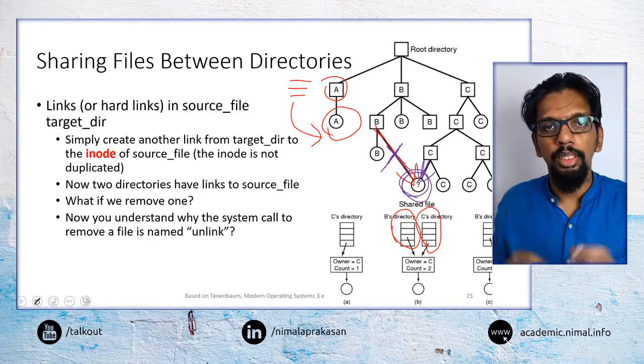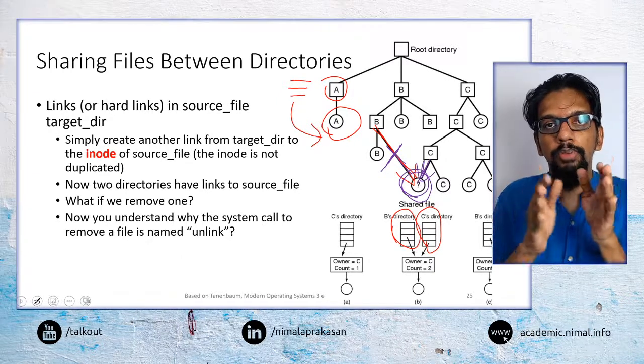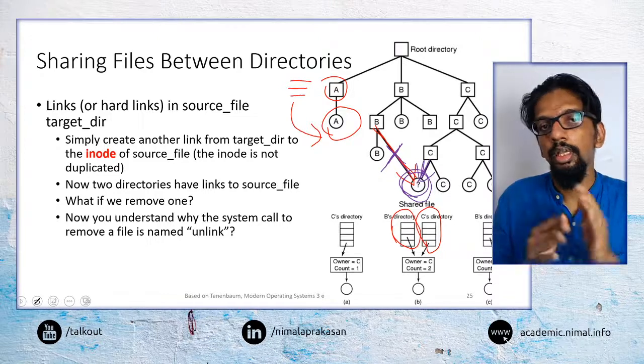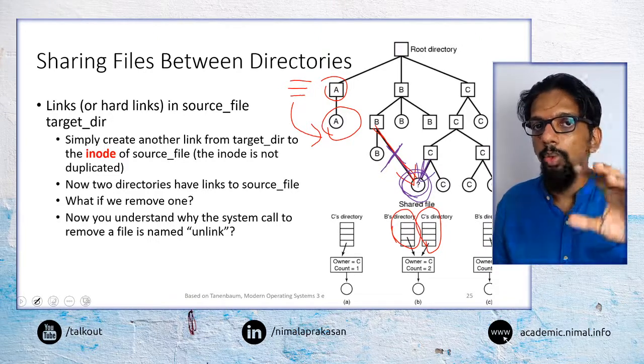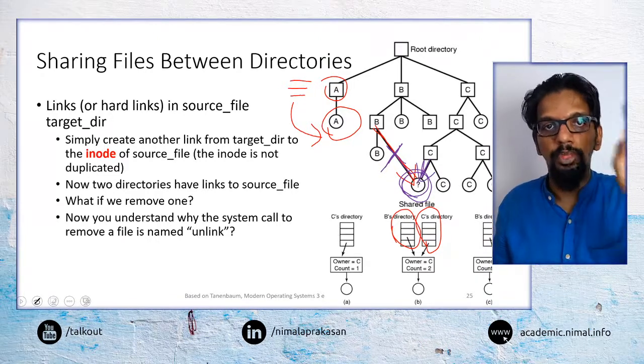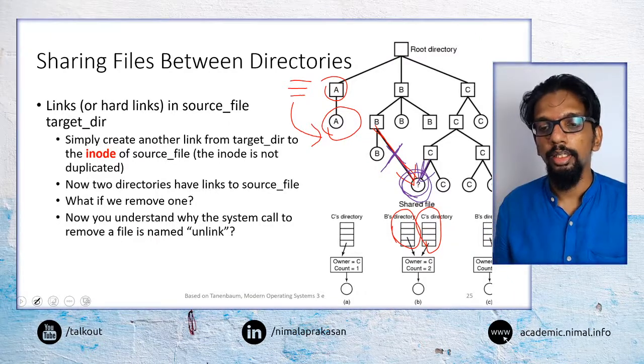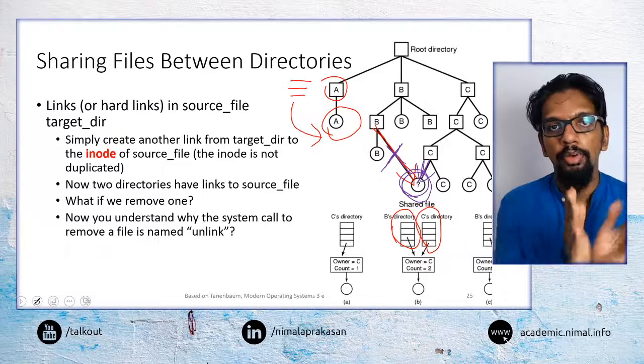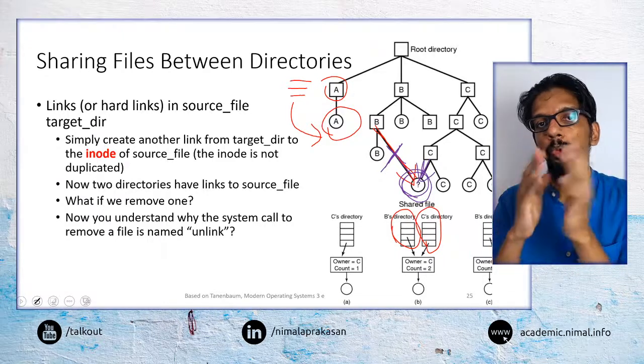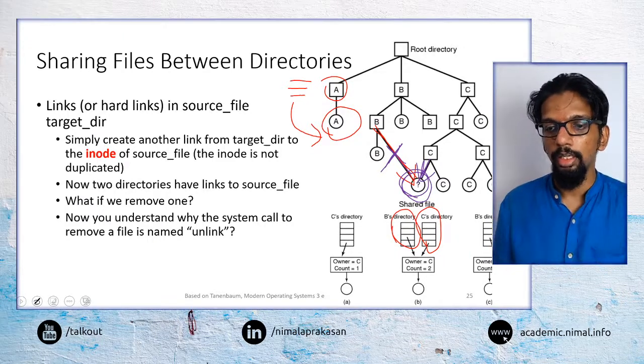So that is another thing that we may notice when we are working with directories and files, is because there's no physical relationship with files and directories, we can manipulate these directories in this manner to either share files between directories, or even moving and copying files can be done in a similar manner.